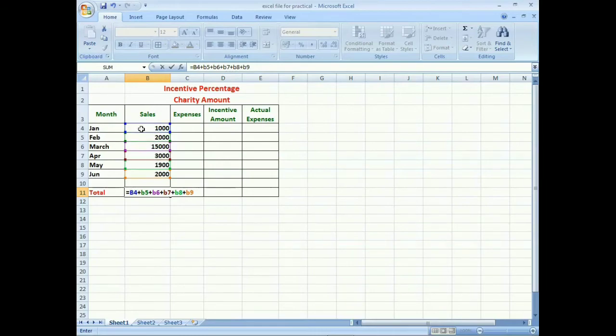We started from the cell of Jan, B4, then plus B5 plus B6 plus B7 plus B8 plus B9. That means we have used all 6 month cell addresses, and then at last we press the enter key. Now we can see we got the total of the sales.